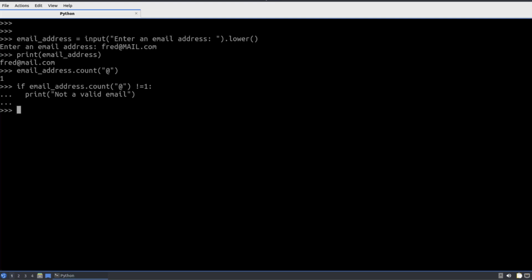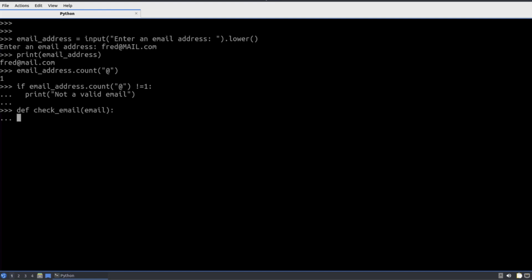We declare our function, or say we are creating a function, using the def, for define, keyword. We give it a name just like our variable, so check_email. And then functions can take input parameters. Here we're going to create a parameter. I'm going to call it email.